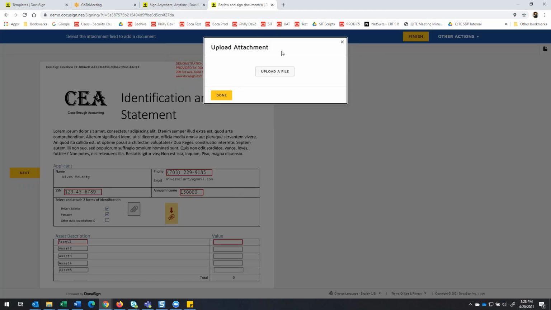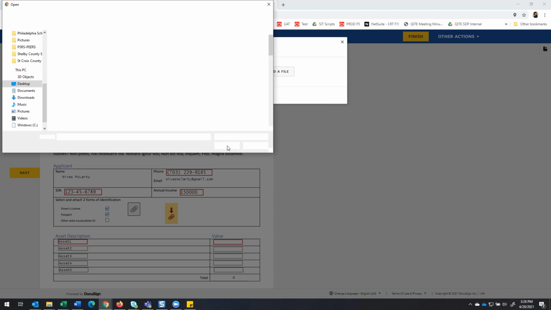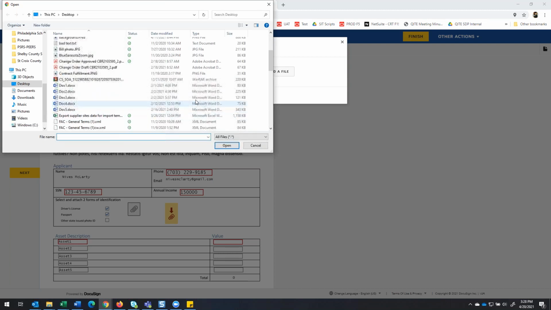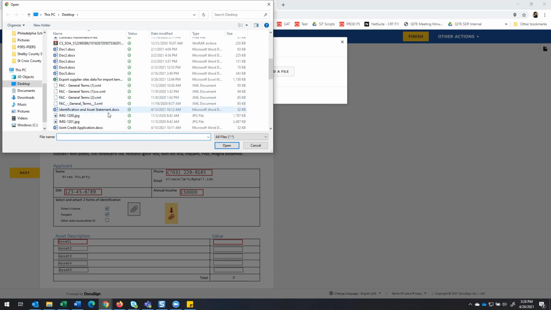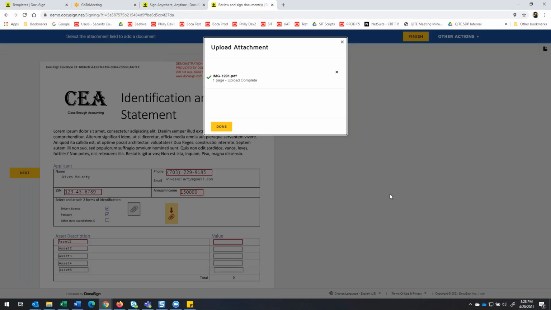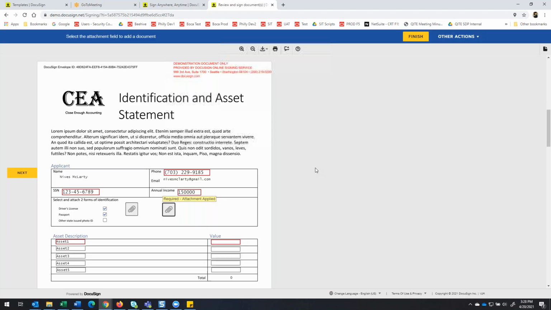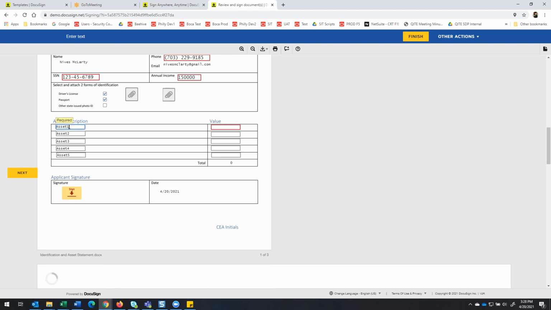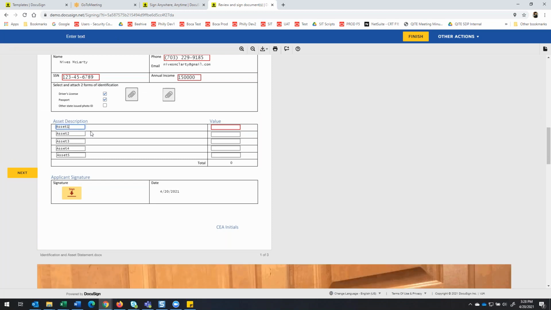This is the file there. Okay, and this is going to have just the one asset this time,